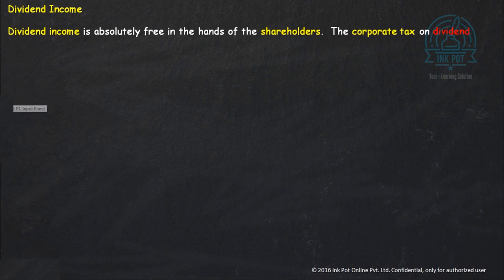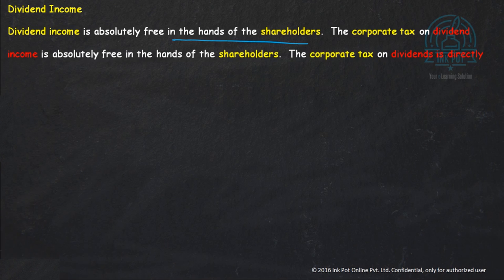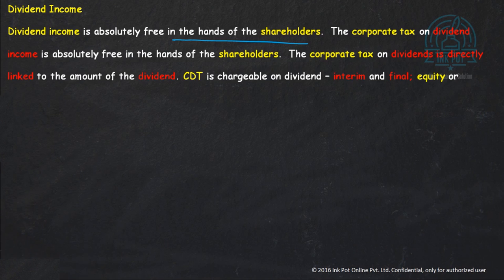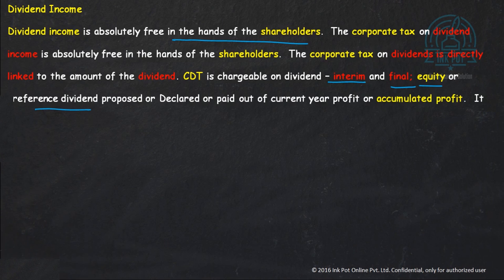Dividend income is absolutely free in the hands of the shareholders. Why? Because the company has paid corporate dividend tax on such dividend. Corporate dividend tax is directly linked to the amount of dividend. When the dividend is declared, either interim dividend, final dividend, equity shares, or preference shares,